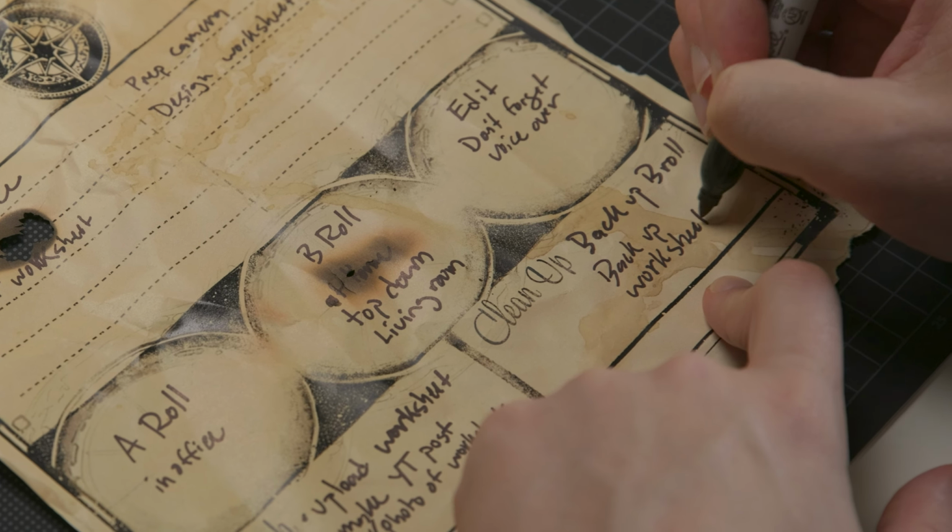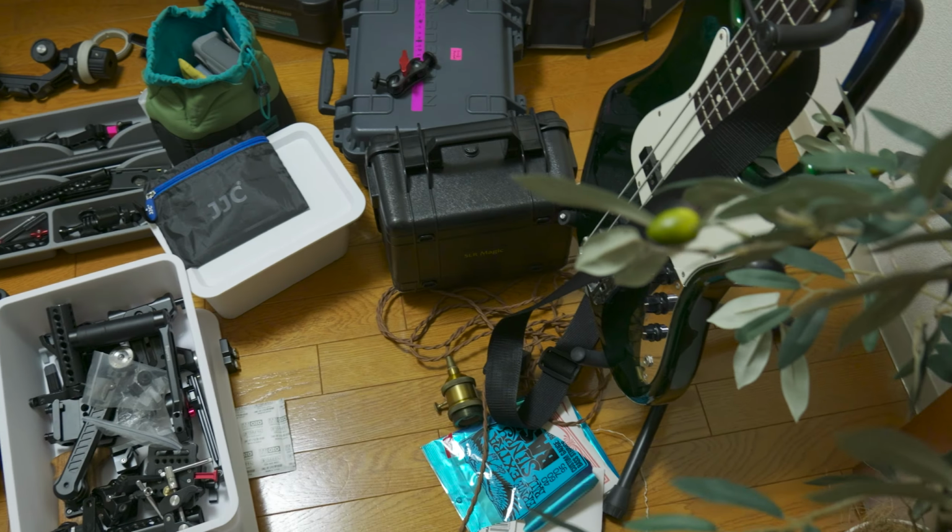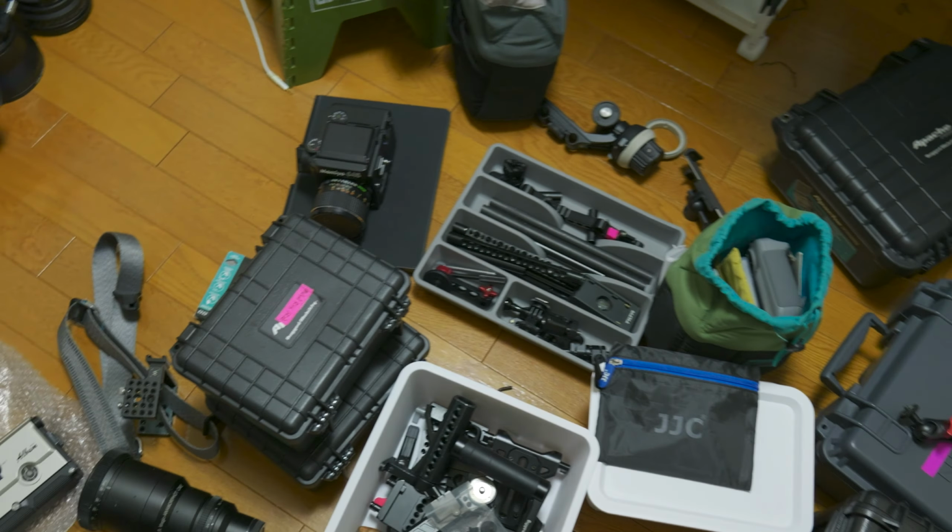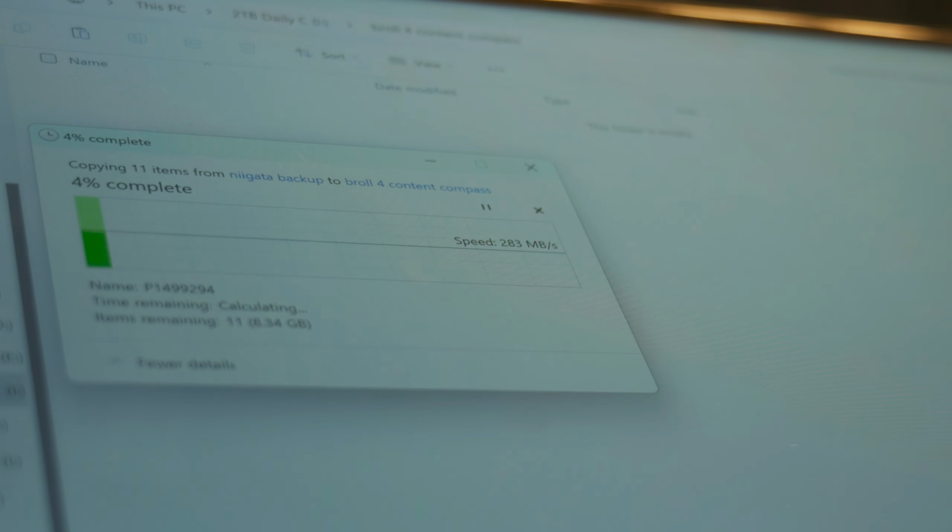Along with the previous section, this is super important for me personally, as I'm not the most organized person, and especially after working on something for 20 plus hours, as soon as I hit publish, I just want to move on. But I found that not having a good wrap-up routine can lead to frustration or headaches down the line if you forget to say archive B-roll or back up the finished video.